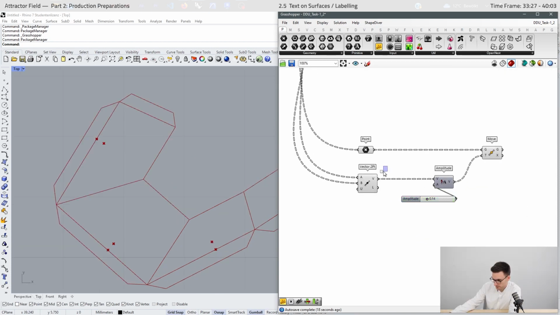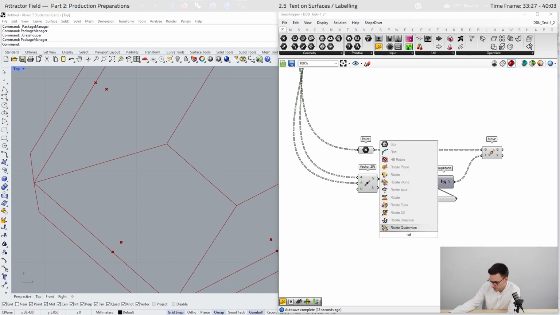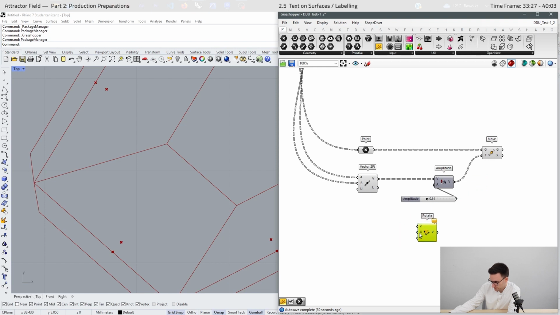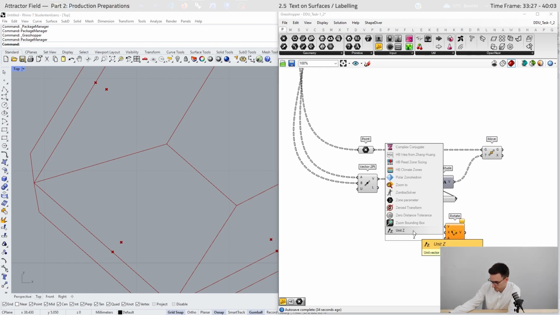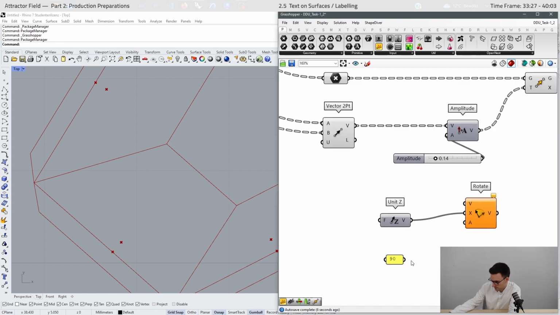Then we have to modify this point to move this point, for example, in this direction. We will rotate this vector. Therefore, we need an axis. We will just use the unit Z component. Then we need an angle, 90. And right click on the input and choose degrees.